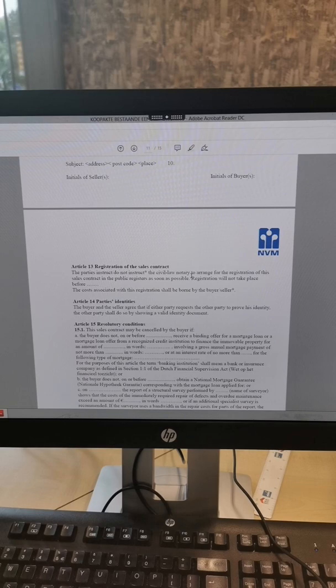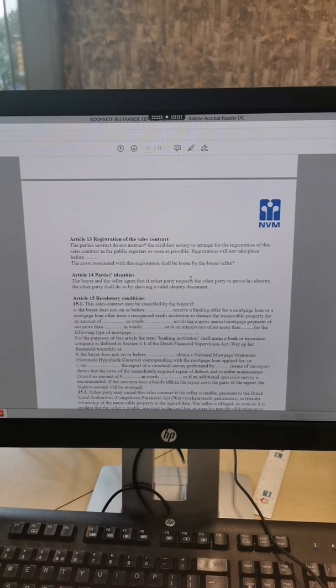Registration is always possible, and you as the buyer always have the right to list the property in the kadaster, and the maximum period for that is 6 months, so be mindful. Then we go to Article 14,